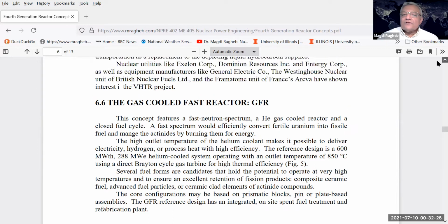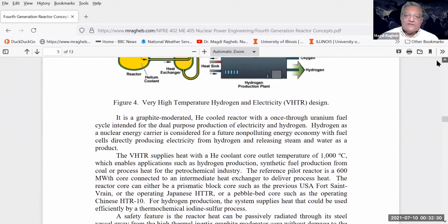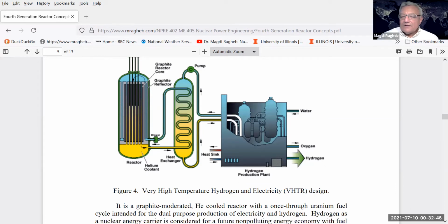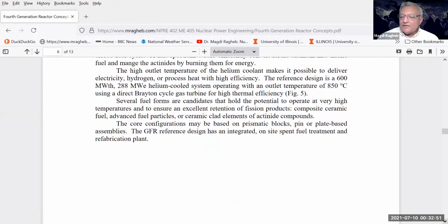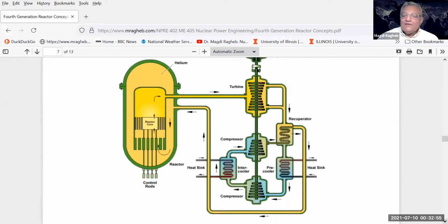Remember that if you use a graphite core here, like the 6 plants that were built as pilot plants, you still can use graphite as a reflector, and you can use a mixture of uranium and thorium and start achieving the dream of nuclear energy, which is breeding. And breeding provides us with an unlimited energy supply. So I put the gas-cooled reactors as a second preferential one, and immediately here you see that the designers now